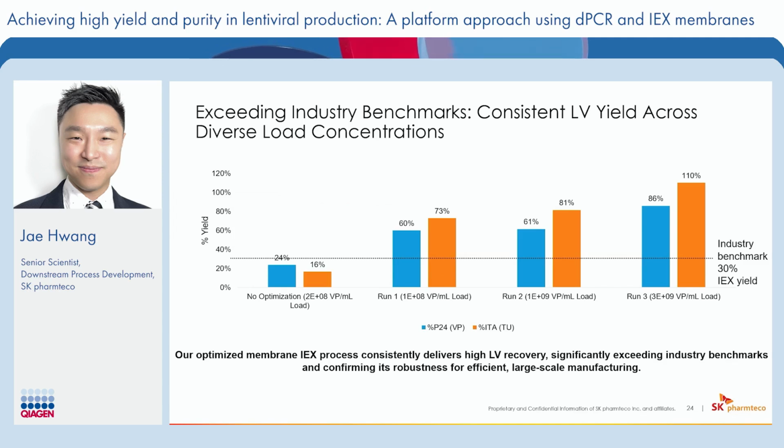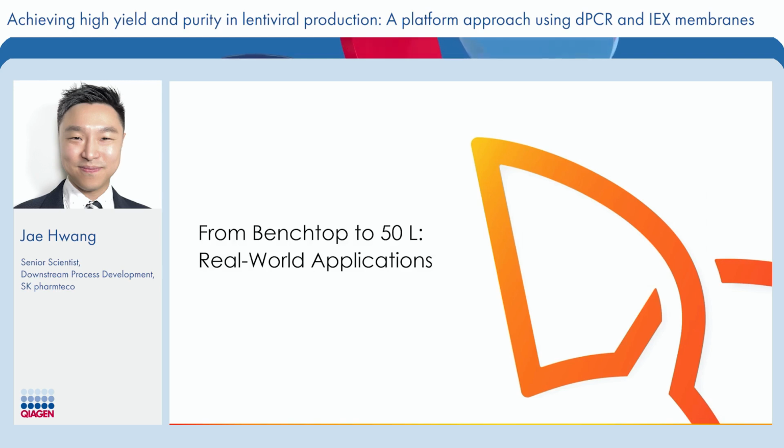We processed various load concentrations and saw that we consistently achieve high lentivirus yield, ranging from 60 to 110%. This significantly exceeds the industry benchmarks of about 30% yield, confirming its reliability and strong potential for efficient, large-scale manufacturing. So we're now ready to explore its real-world application, which we will focus on scaling up from the benchtop to